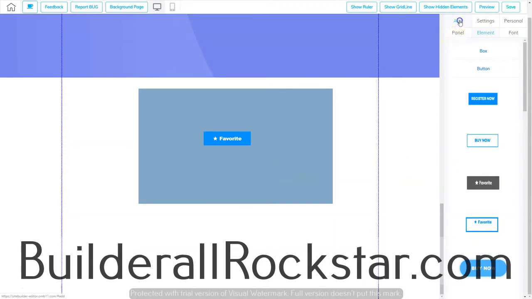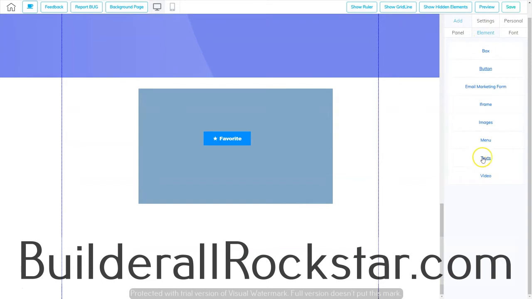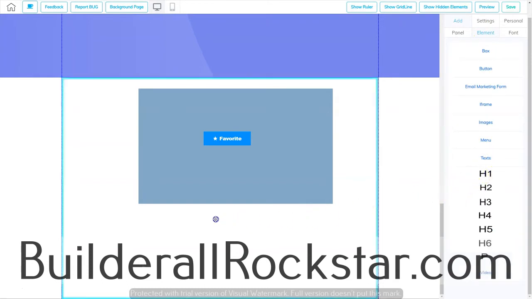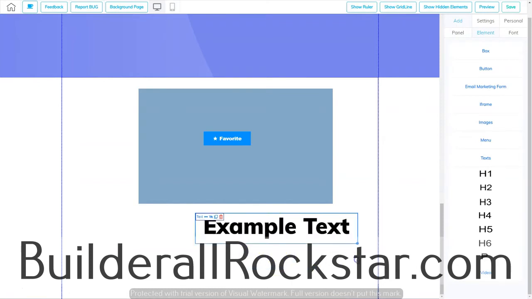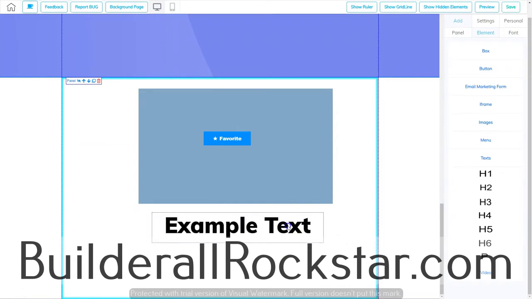So let's go back to Add and Element, and we'll collapse the button and go to Text. I'm just going to add an H1 text here, and we'll add it right here. So this is example text. I'm going to stretch it out a little bit. There we go. And what happens if I want to change that text and make it standard